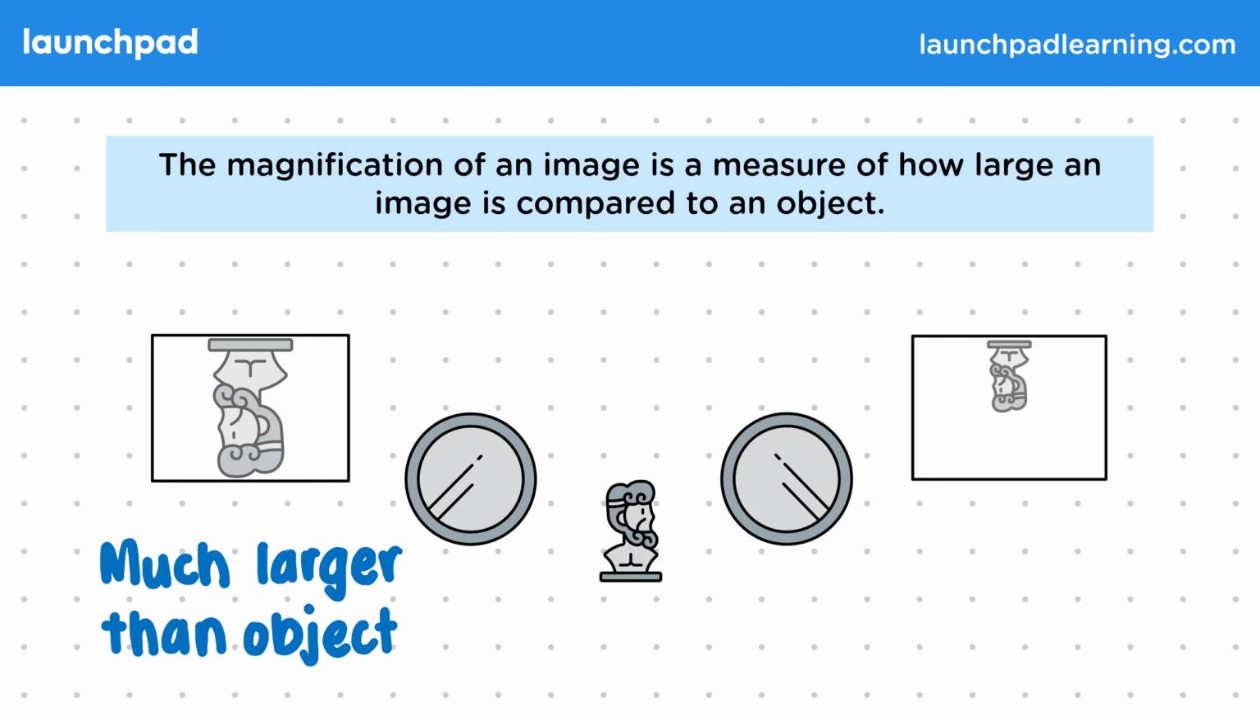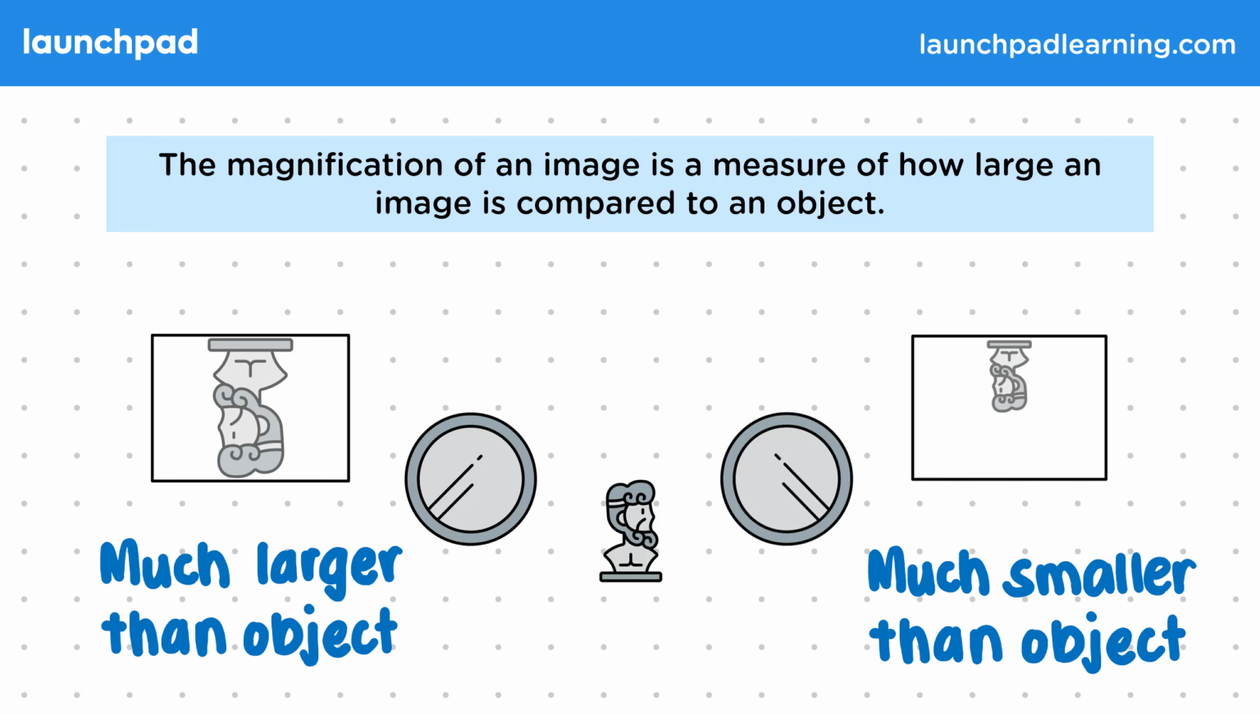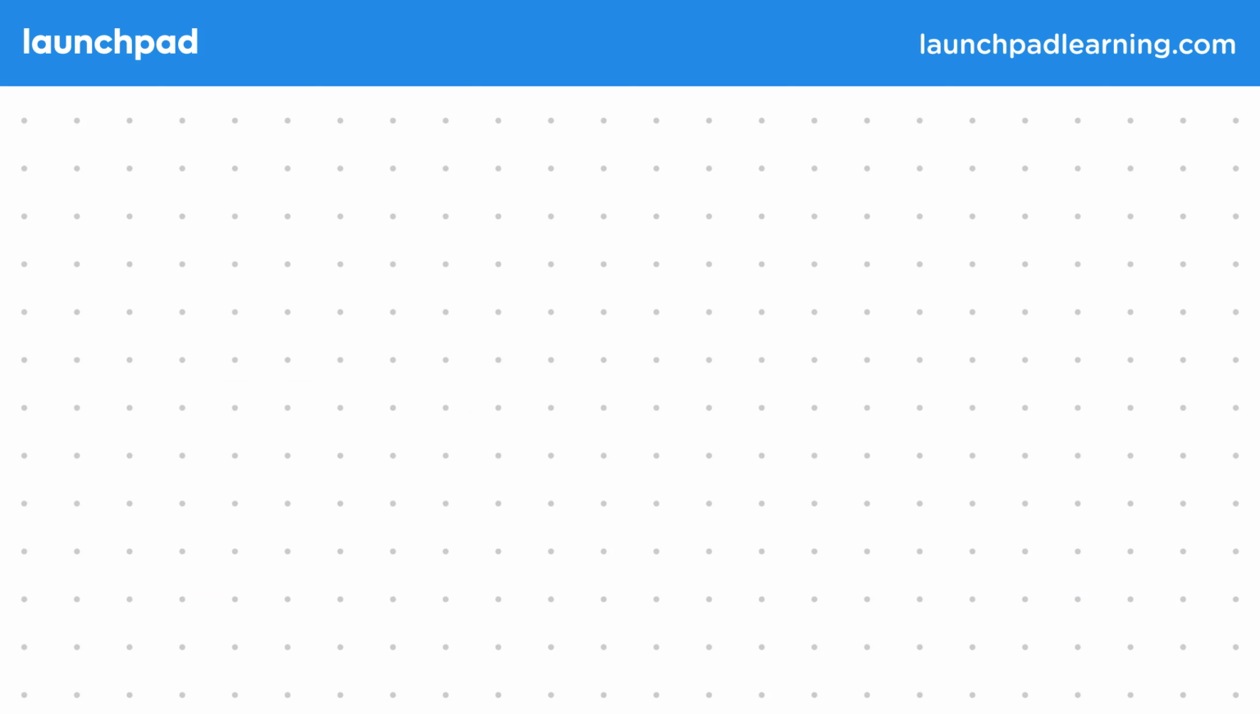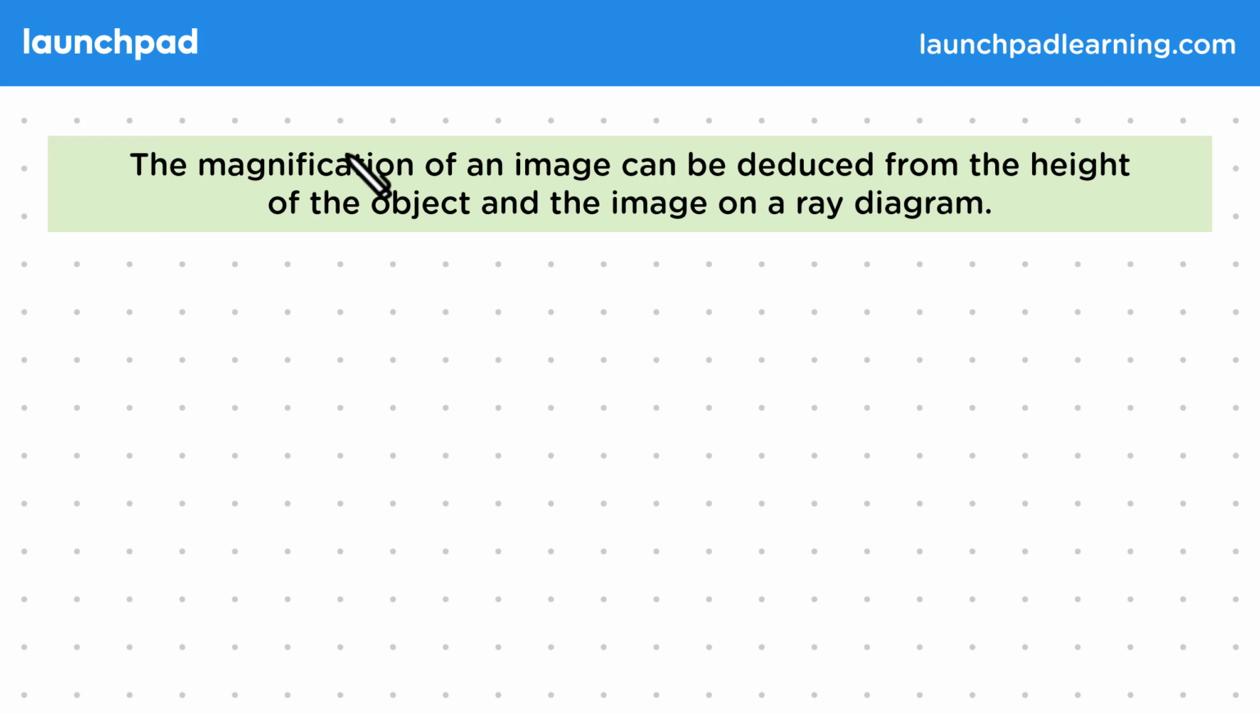We've used a different lens to produce an image that is much smaller than the object. The magnification is then a measure of how much smaller the image is compared to the object. But do we need to actually form the image to determine what the magnification is? Well, the magnification of an image can be deduced from the height of the object and the image on a